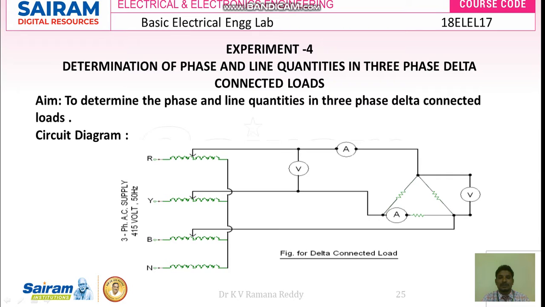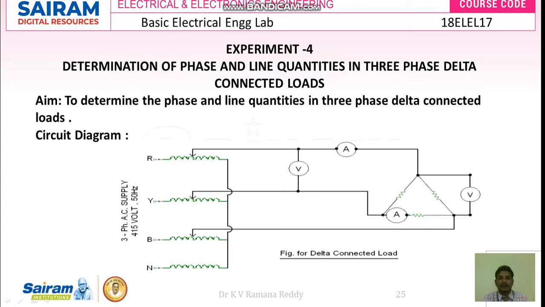Here, if you see the circuit diagram, this is the circuit diagram to perform the determination of three-phase line and phase quantities in a three-phase delta connected load. If you see here, these are the three phases, R phase, Y phase, B phase, and neutral at the supply side. The supply is the three-phase AC supply, and the voltage of 415 volts, 50 hertz is the input,